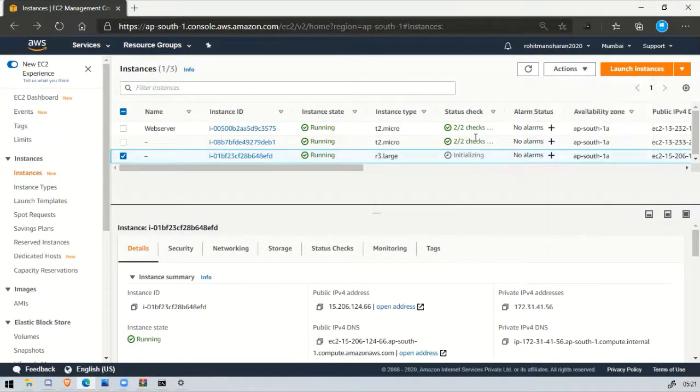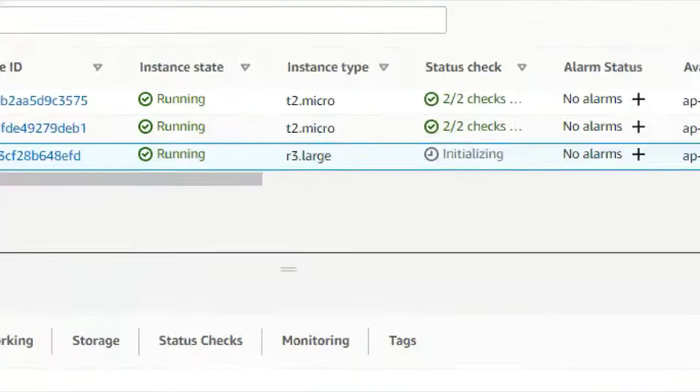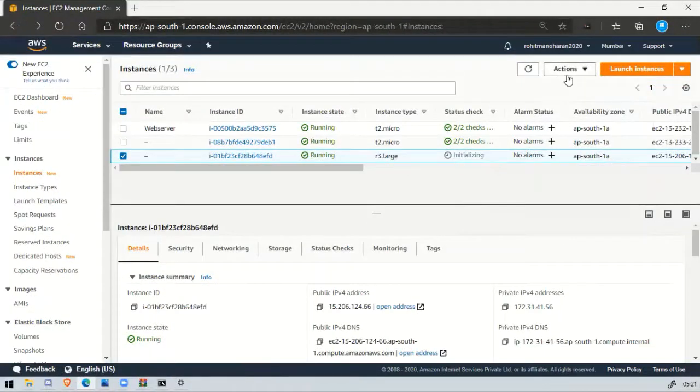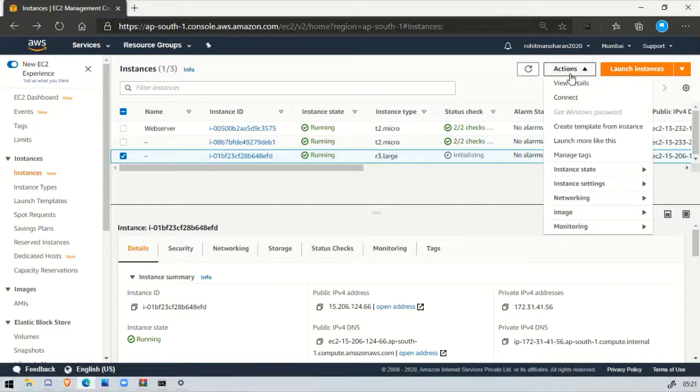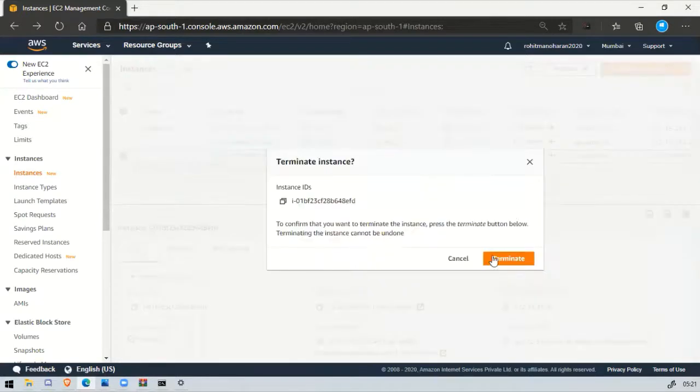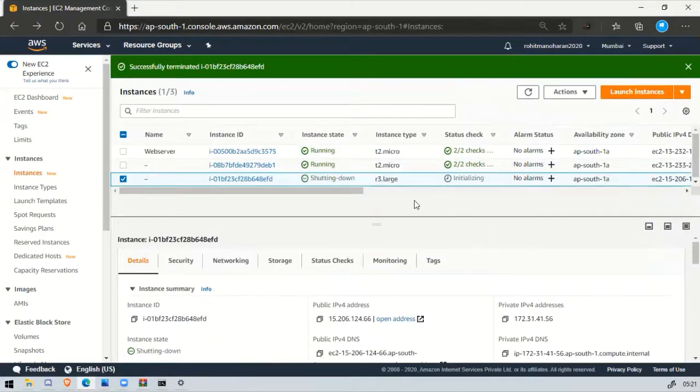Right now you can stop because it's in status check, but once it's deployed, you cannot stop it. You can only have the option of reboot after it. So I will terminate it before it charges me something. It's shutting down. Termination before the initialization, so that it may not charge me.